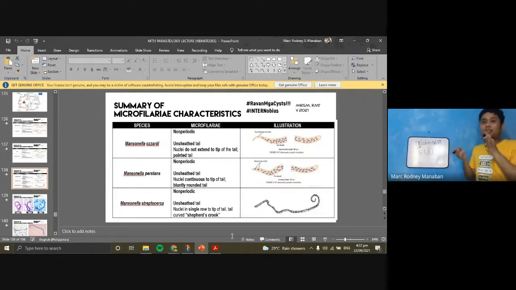Continuous. So, let's say perstans, di ba? That's your first dance, o di ba? First dance ay mukhang prom. So, continuous man yung sayaw-sayaw sa prom, di ba? So, ayan, continuous nuclei to the tip of the tail,